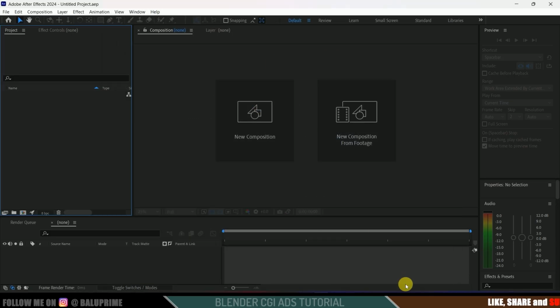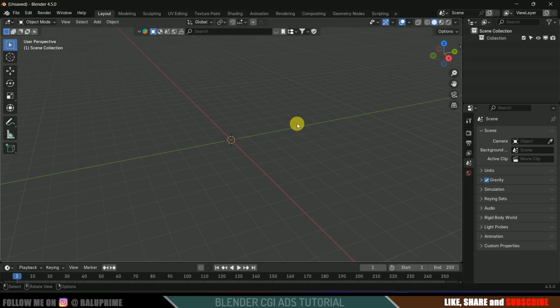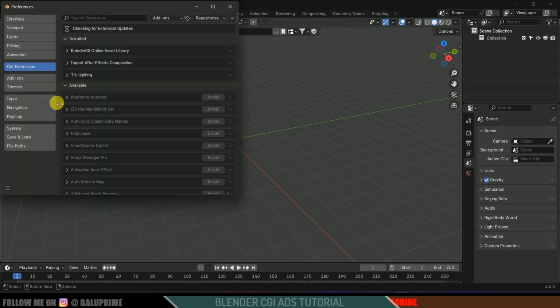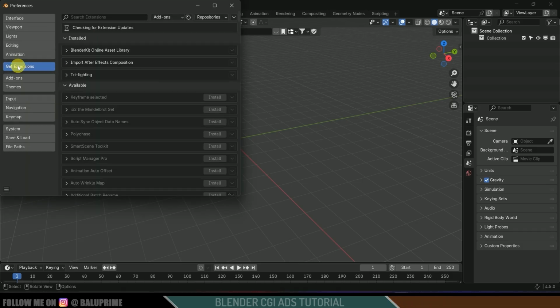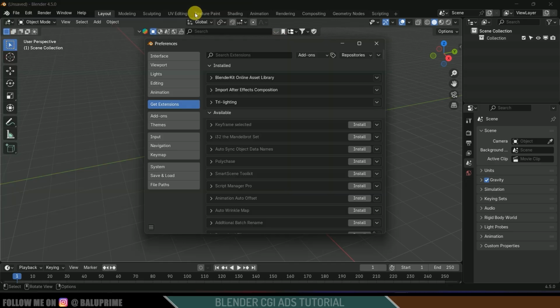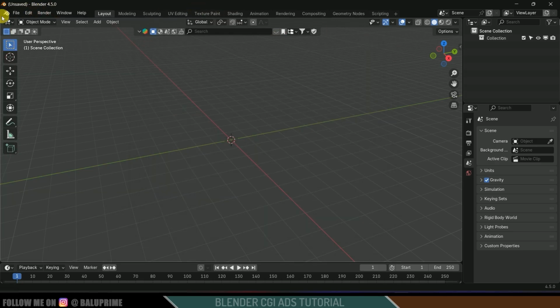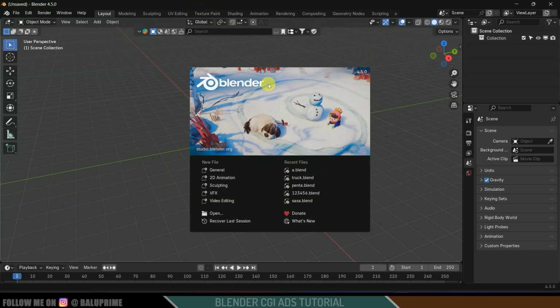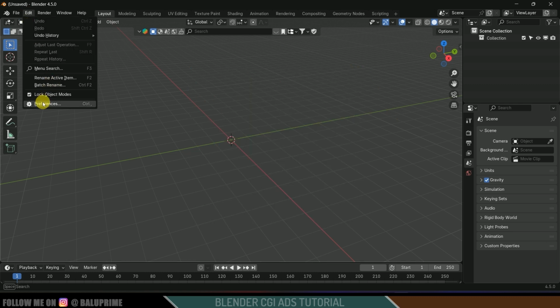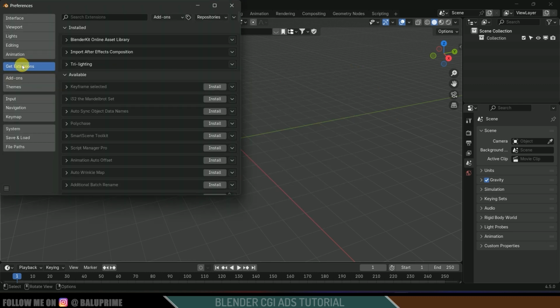So now come to this Blender. Here we need to install the add-on what we have downloaded. So for that go to this edit, preferences, come to this get extensions. And by the way, here I am using 4.5 version. Let me show you that. So here if I come to this splash screen, you can see this is 4.5 version. Okay, now come to this edit, preferences, get extensions, click on this drop down arrow, install from disk and move